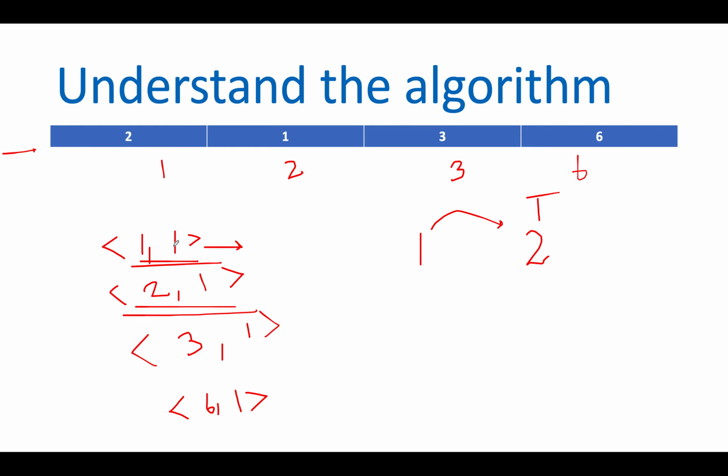Let's continue the iteration. The next element that we have is 2 itself, and what you will see is that the frequency of the current 2 is 0, so we will not do anything. It has already been consumed, so we don't need to worry about this. So this is also gone.